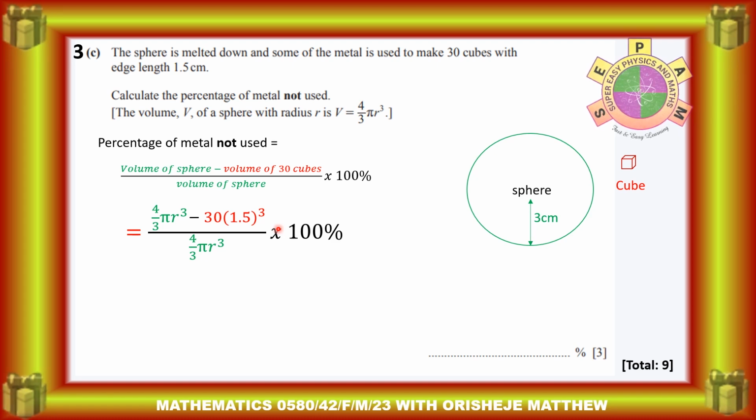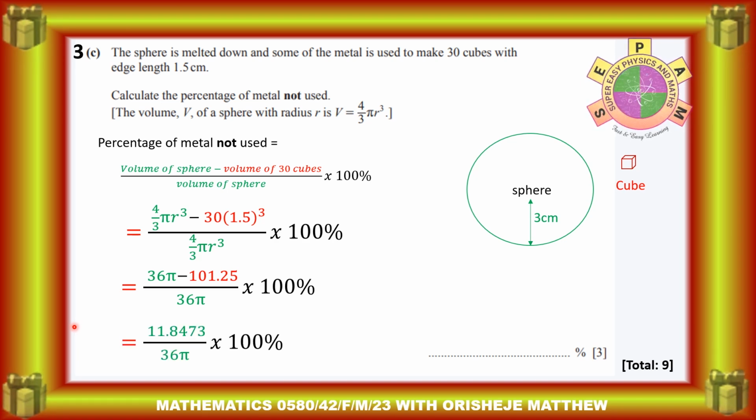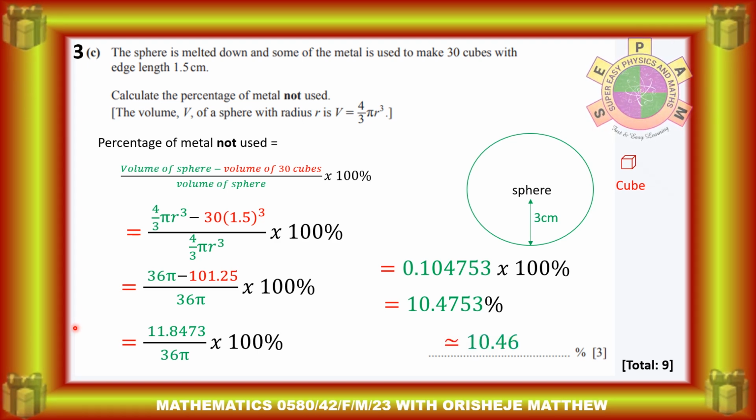the volume of a cube is length times breadth times height. That is 1.5 cube. Then there are 30 cubes, so you multiply that volume by 30. That's why we have that. Then you divide by the volume of the sphere. So put your parameters, and eventually we'll have this value. So break it down and divide. That becomes 10.4753. So putting in 3 significant figures, 2 decimal places, that is